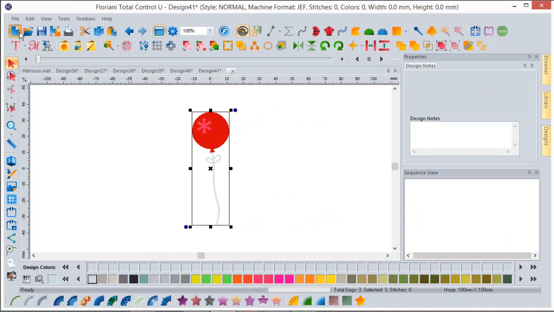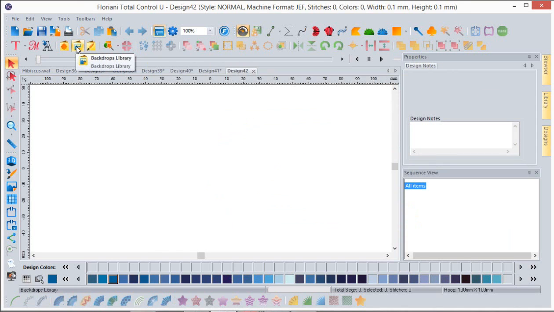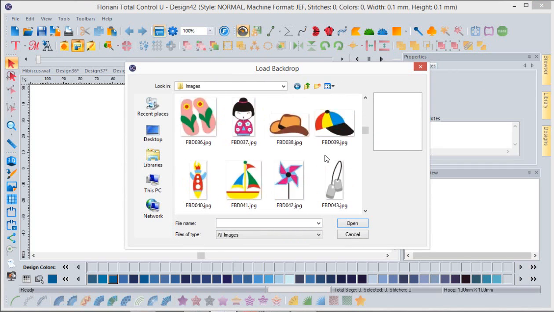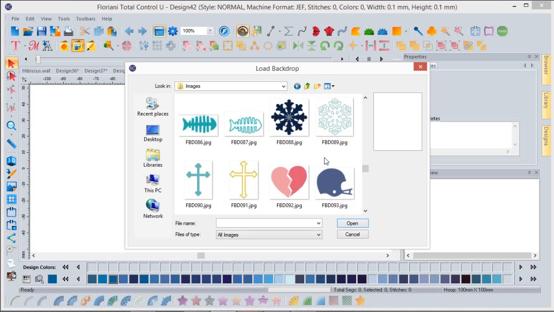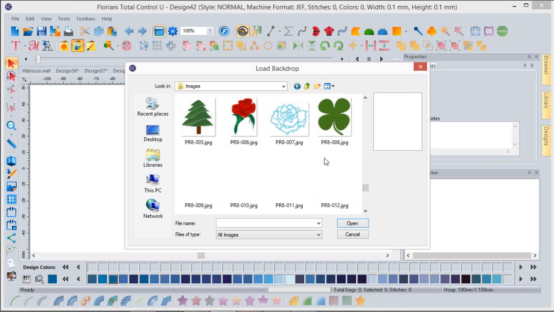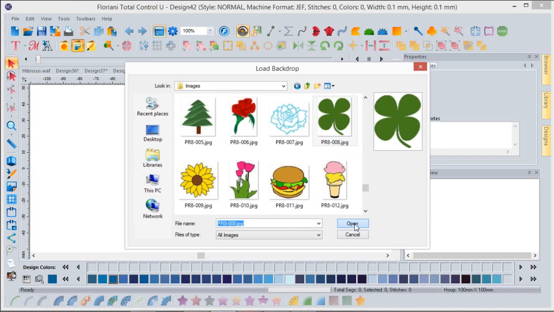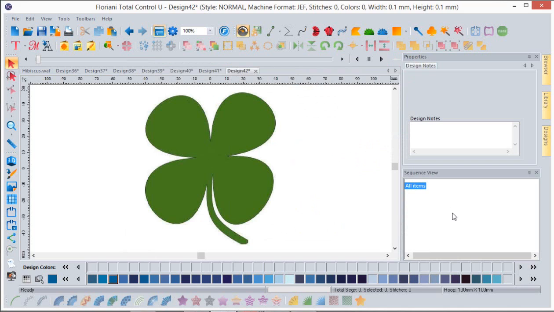But when I'm working with backdrop files, which are pixelated files, when I open them up, you have nothing in the sequence view, okay? These are just files that we could scan in from a coloring book, or that we could have just downloaded off of the internet. So as I open it up, there's nothing over here in the sequence view. Okay, and that's the easiest way to tell the difference between artwork files, vectorized files, or files that are pixelated